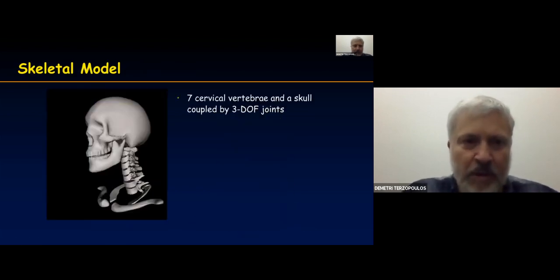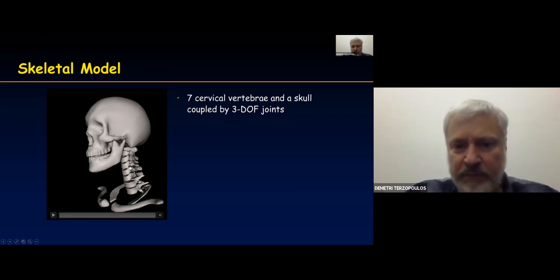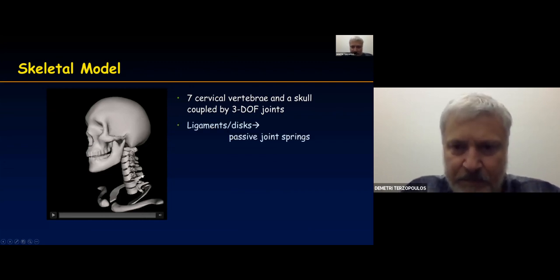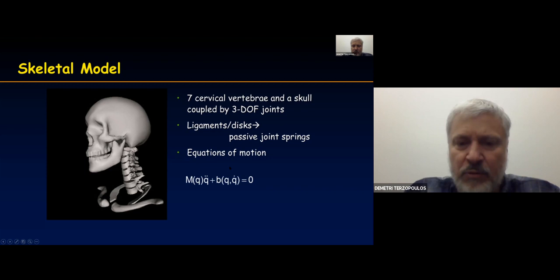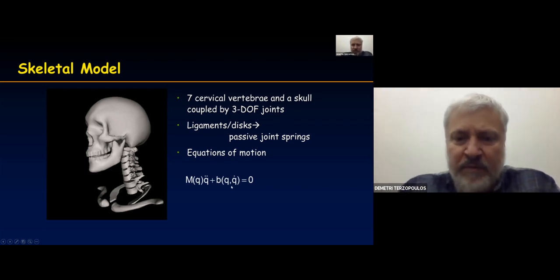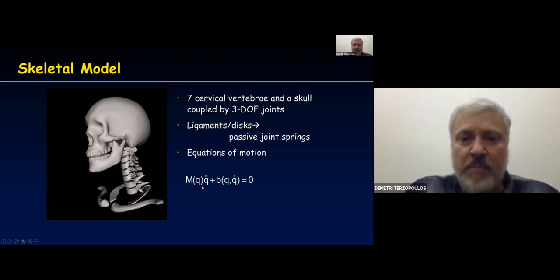Now, here's the skeletal model. As I said, 7 cervical vertebrae and a skull, all coupled by 3 degree of freedom joints, so three rotational degrees of freedom in between these vertebrae. And then ligaments and discs hold this together, which is the passive elasticity of this flexible column. Then you can model the equations of motion of this. This is just Newton's laws of motion. This is mass times